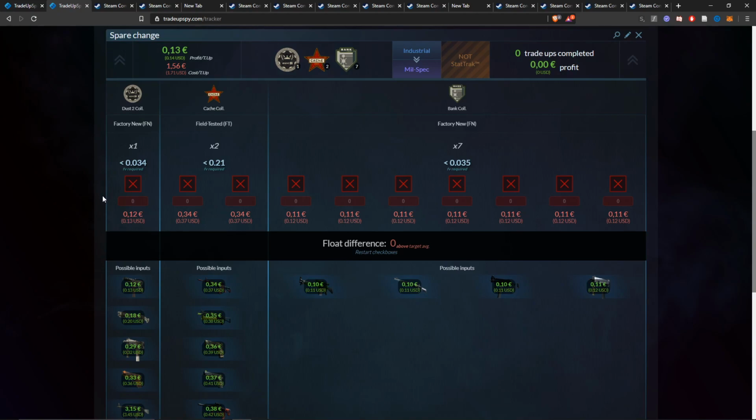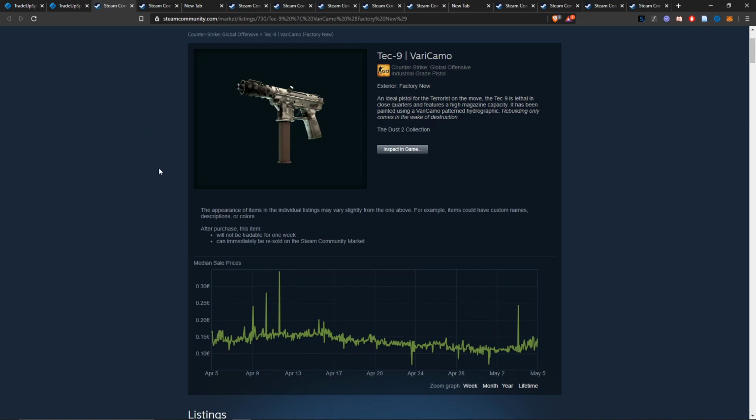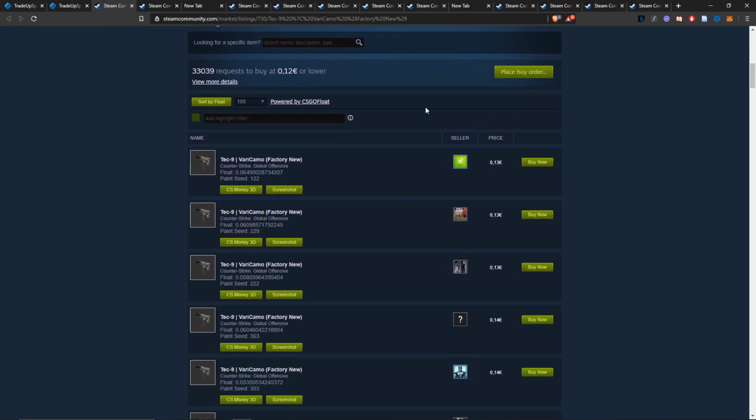So next thing I do is I go to the market and I try to buy a skin. Let's say that we are looking for this one with a float value of 0.034 or less. So I go to the market and I check the skins. I use the CSGO float market checker, so the float is shown right here. What I'm going to do is refresh this, and when it is refreshed, I'm going to sort by float, and as we can see here, there is a Tec-9 with a float value of